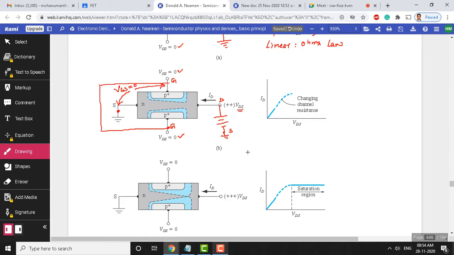Next, if you see this diagram here, when VDS is increased, from 0 to 2 we have already seen, let us now write this voltage as 2 to say 5 volts. In this range, if you apply drain source voltage, you can see what is happening in the channel region. The depletion region towards the drain region increases. Same thing you can observe at the bottom also. So there is an increase in the depletion region.